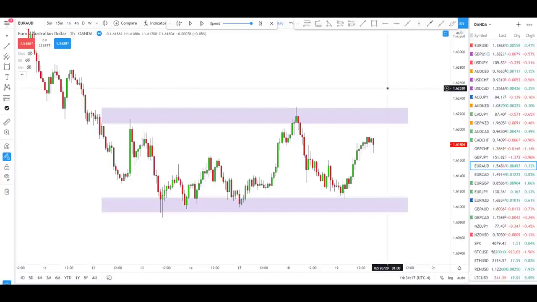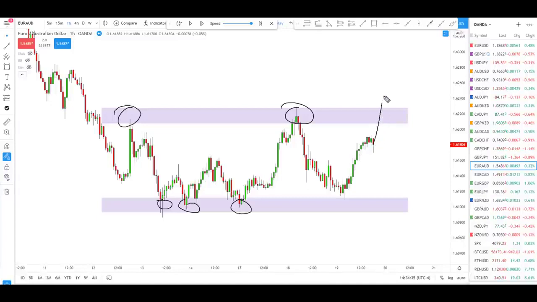So here on the Euro Aussie 1 hour chart, we have a good example of a period of consolidation, right? We have a level of resistance that's been tested at least twice. We have a level of support that's also been tested multiple times, more than twice. What would we be waiting on at this point if we're going to be trading the consolidation break and retest